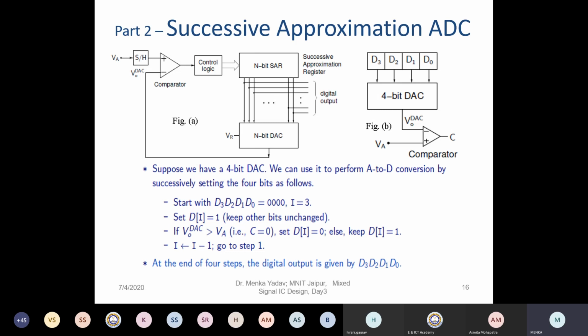So what I am going to do is check whether this V in is lesser than this 1 by 2 V reference or greater than this 1 by 2 V reference. If yes, I will go into that particular box and then this process will keep on repeating. If V in was greater, then I will set it 1. It means definitely it is greater than this 100 bit. So I'll set this MSB as 1 and then I will keep on searching. So I have taken one example. Next slide please.